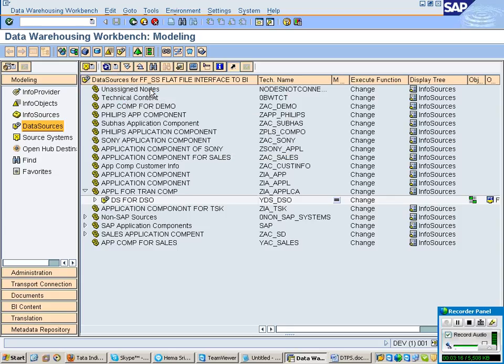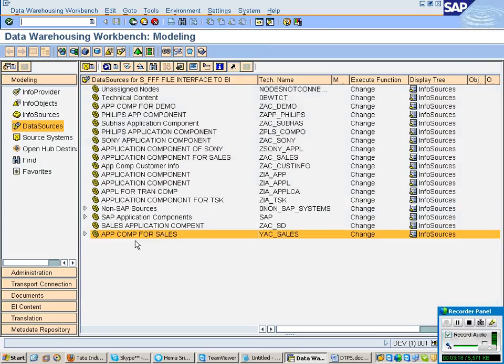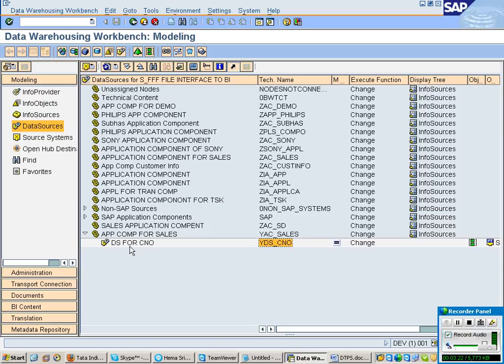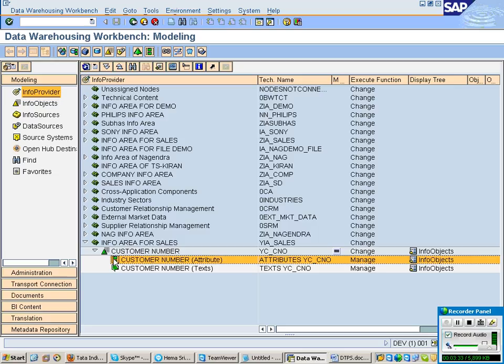And we created one data source called YDS underscore. First the data from the file will be coming to my data source. From here I need to send it into my target. So between them you have to create some transformations. So that is your step 3.